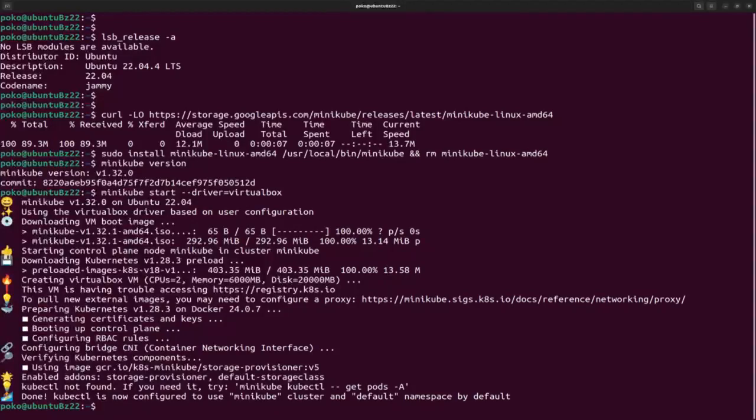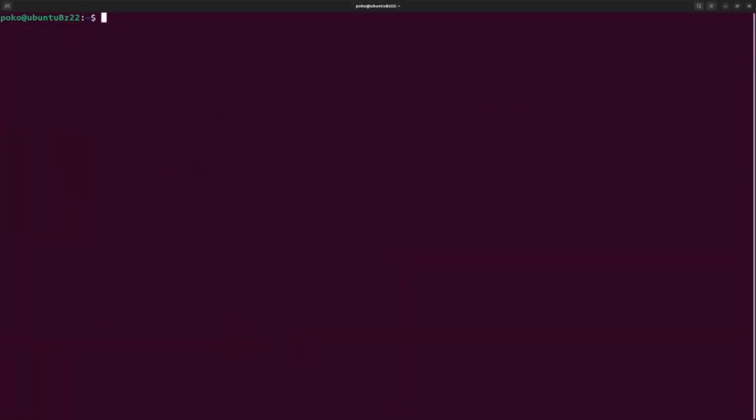Now let's check the status of the cluster by running the minikube status command. This shows the Minikube cluster running, the control plane, the host, and the kubelet node agent. And for now,